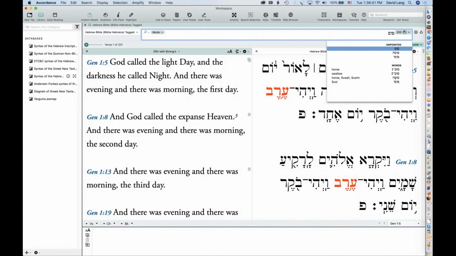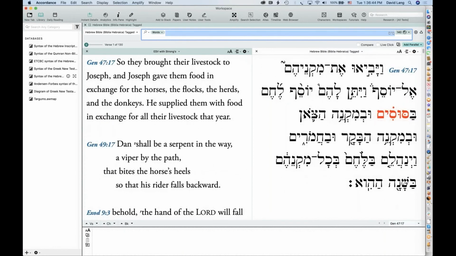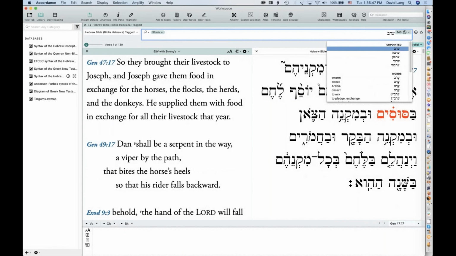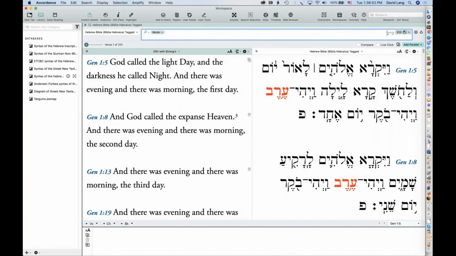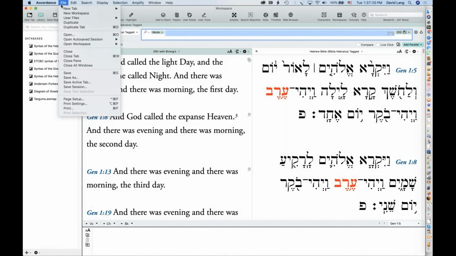All right, and I'll do that search, and then I can hit tab again, and the next thing that I type will replace whatever I searched before. So hit tab, type, and return to do rapid fire searches. So anytime I select the contents of this search entry box, Accordance assumes, okay, he wants to replace his previous search with a new search. So I'm going to hit tab and select what's up here because I want my search to be replaced by a new search. And I'm going to go up to the File menu and I'll go to New tab.